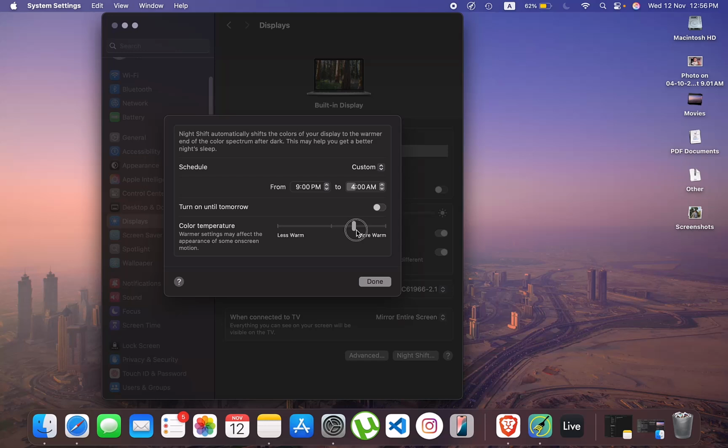And then color temperature, you can play around with it. If you make it more warm, then your off-screen motion is gonna simply go ahead and be affected, but it is gonna go ahead and provide some comfort to the eye. Or if you're not in a nighttime and if you want a daytime thing, so you can simply go ahead and have a less warm option. So it is as